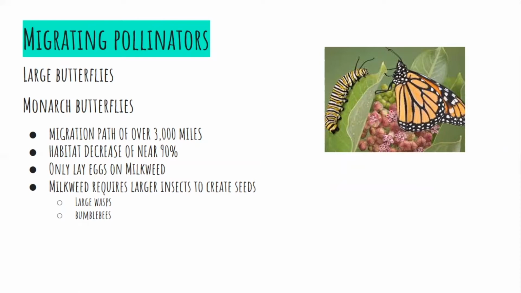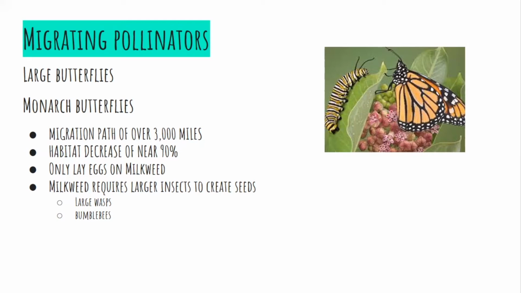And they are specific to milkweed as their host plant. They will only lay their eggs on milkweed plants. And the milkweed has been disappearing because it used to grow in between farmer crops. It used to grow on roadsides, and farms are being located closer to roadsides, not giving the milkweed those areas in between crops and on roadsides to grow. And so the loss of room for the milkweed plant to grow is what is destroying the habitat of the